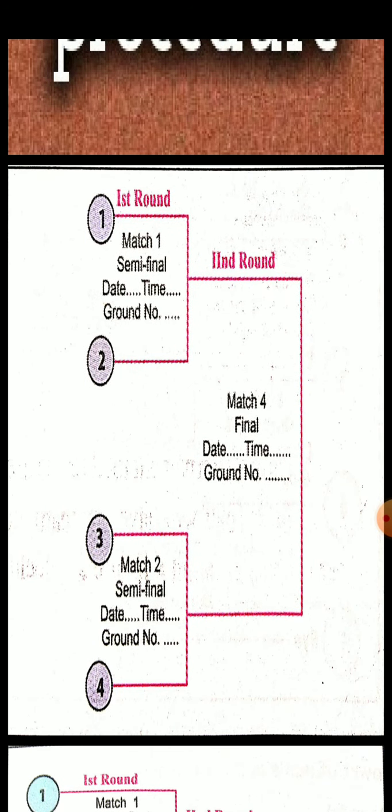As you know, if there are 4 teams, they can be represented by numbers 1, 2, 3 and 4. And the number of rounds you can calculate as the nearest power of 2. That is, 4 is equal to 2 to the power 2, which means there will be 2 rounds. Now bye is given in this fixture as the first round is complete. Number of teams 4, number of matches 4, number of teams in upper half 2 and in lower half 2.